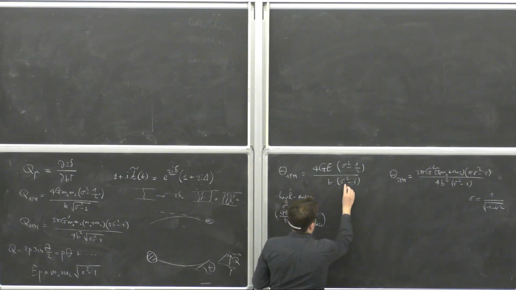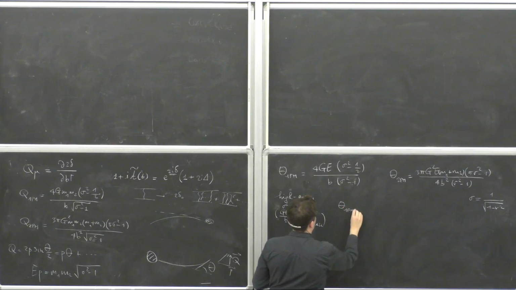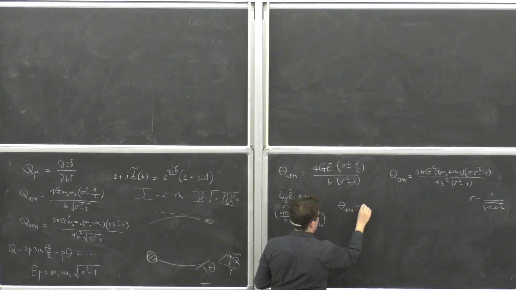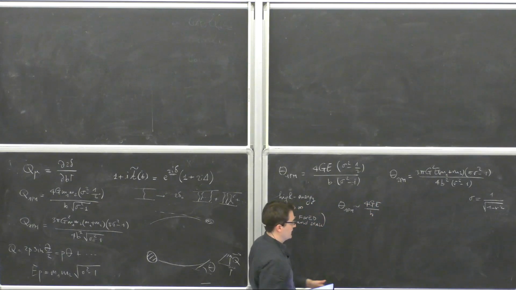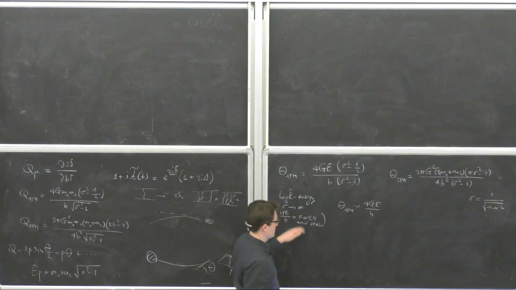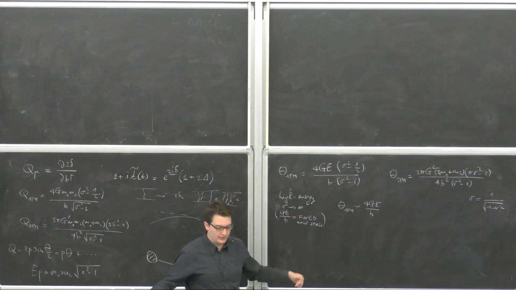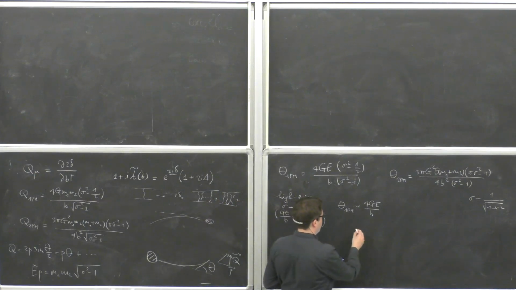Then this quantity here, as you can see, behaves in a smooth way, because the sigma squared just cancels from the numerator and denominator, so this goes like 4GE over B. And as you can see, the dependence on the mass has dropped out, so we are in a regime in which the energy is so big compared to the masses that these two objects just behave like null rays, or shock waves if you prefer, and they are just massless. So this actually agrees with the results, for instance, obtained by 't Hooft